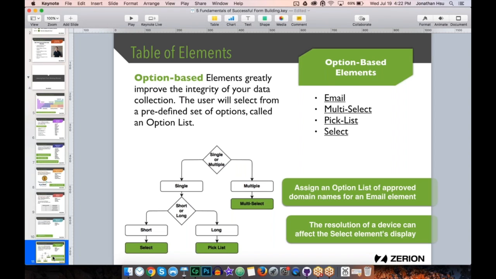For those people who are brand new to form building, an option list is going to be a set of values that the user can choose from for a given element. Now, there's 3 main types of elements that are going to be option-based. You have your select element, your pick list, and your multi-select. Now I have this decision chart down below because it can be difficult sometimes to choose which element you want to use, and a lot of times people tend to gravitate towards one, not knowing that the other 2 are